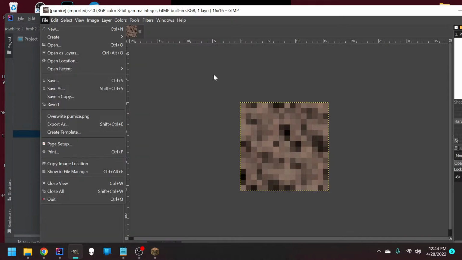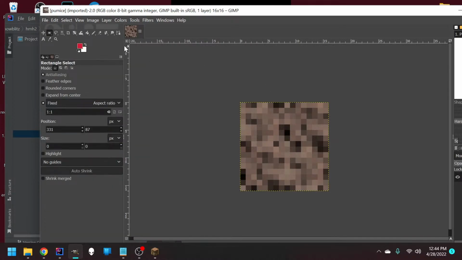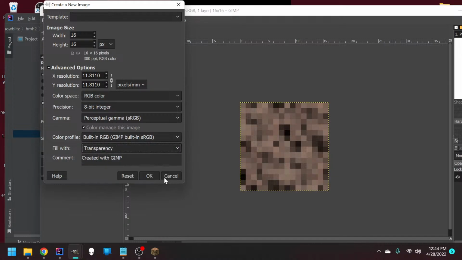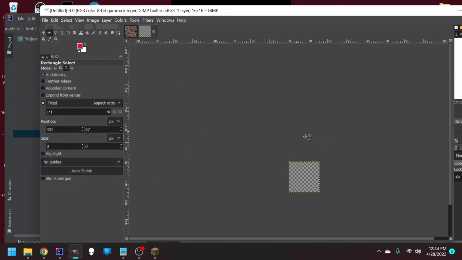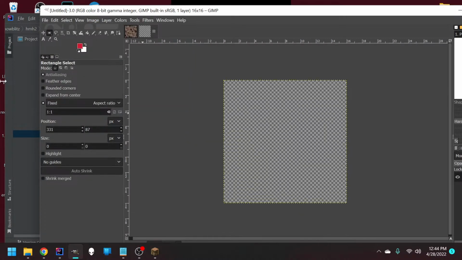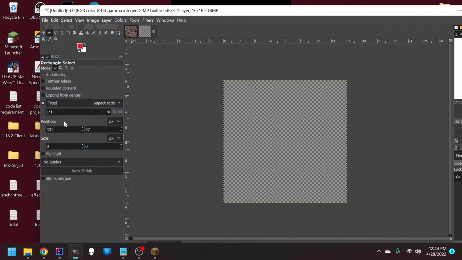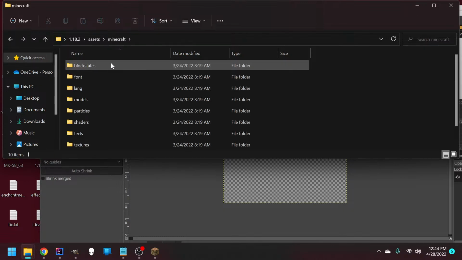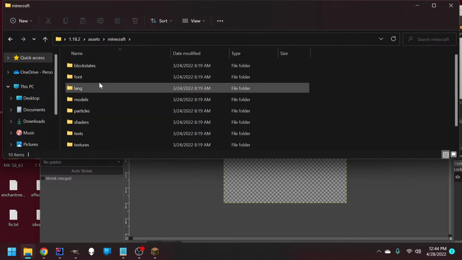Alright, so now let's try, let's file, new, 16 by 16, always make sure the background is transparency. I wanted to make it look like hot pumice, like it's absorbed the lava. But I don't want it to look exactly like lava, so what we're going to do is go into textures, block,